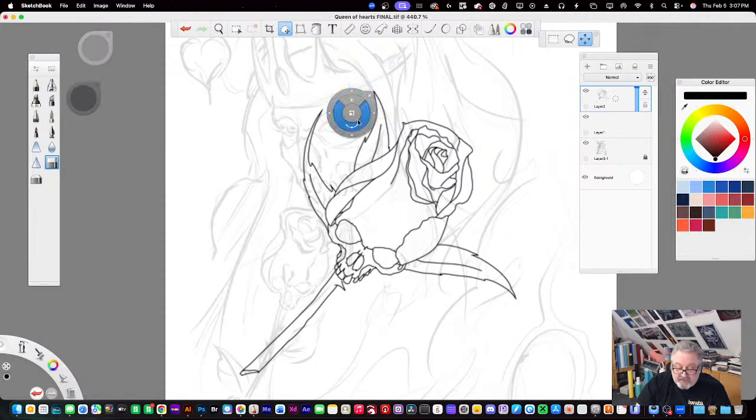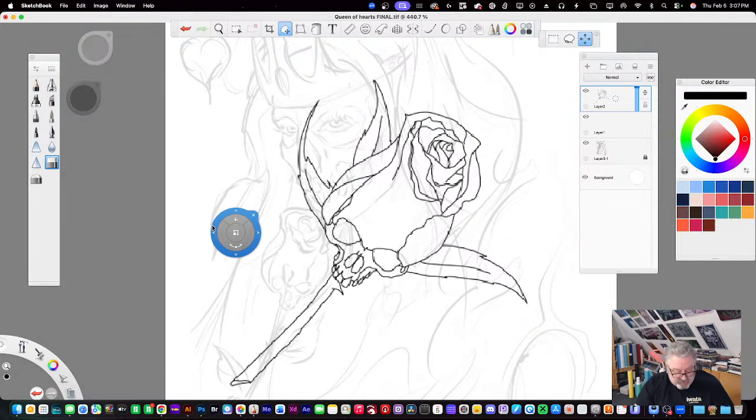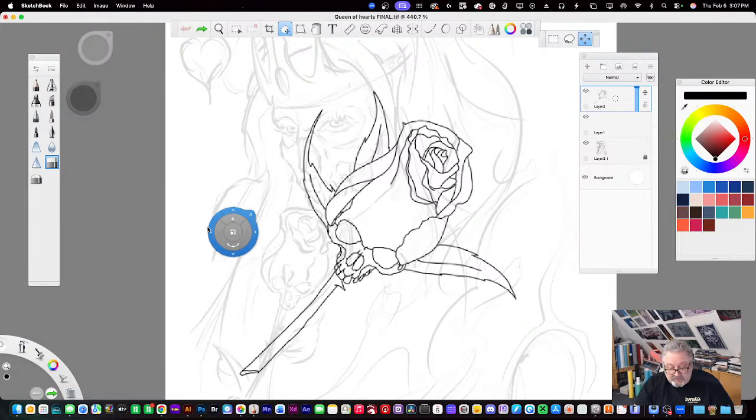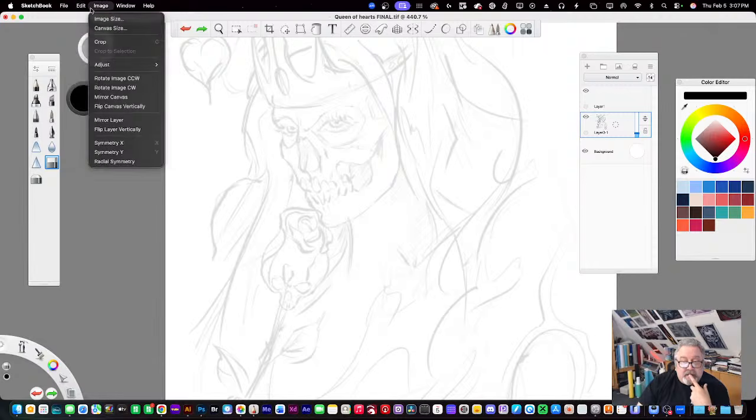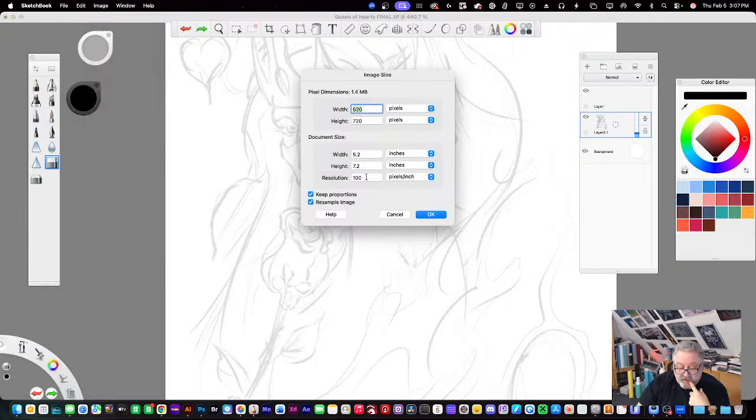So this is cool because from here, oh, before I do that, hold on. I forgot to do something. Undo. Undo. Okay. Remember I talked about image size. Right now I am only working at 100 resolution, 500 pixels, which is only a 5 by 7 inch.